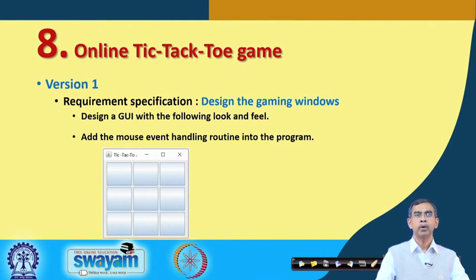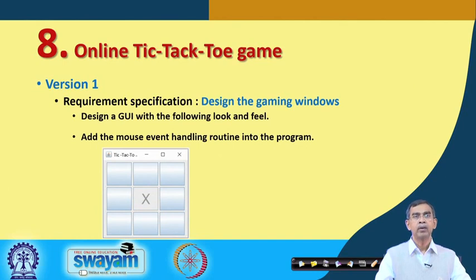Now, let us see how we can deal with this project. We will again follow a step by step incremental procedure so that we can develop this game easily. The first task is to design the gaming window. As we see, it is a frame, and this frame includes, sorry, not 4, a 9 button sort of thing, and we can do this framework easily. This is a very trivial task, and this is obviously the first phase of the project.